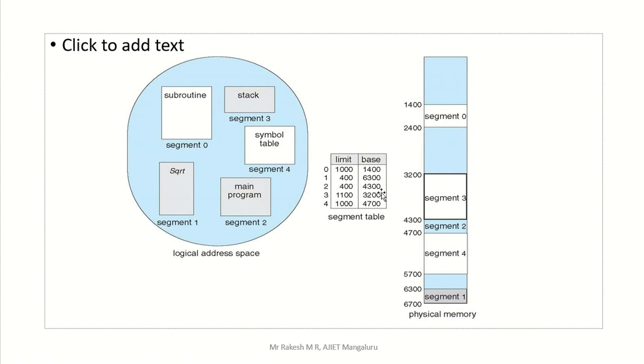One point. The second point is that in the previous concept there was a page table, and here there is a segment table. The third point is that here we divide the entire process based on content. One content, like the subroutine, is one segment, this is another segment, this is another segment. Like this we divide. But in paging we do not look at what is inside the process; we just blindly divide the entire process into pages. That concept is called paging. That is the third point. These three are very important differences between segmentation and paging.